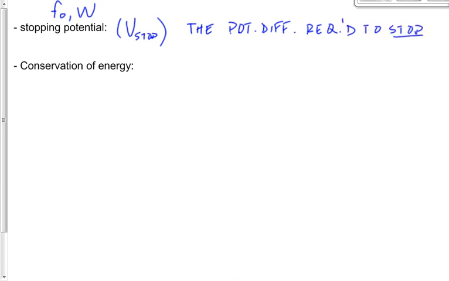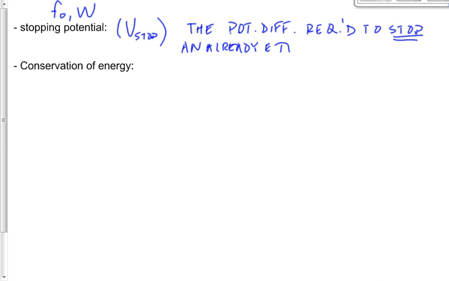If we want to find the threshold frequency, then we can do an experiment by stopping the electron dead in its tracks and then working backwards to find the threshold frequency. I'll show you how you do that here in just a few minutes. Bottom line is, sometimes we would want to do that. We'd want to stop that electron once it's been ejected. So I'm going to say stopping potential, symbol is V stop, and it is the potential difference required to stop an already ejected